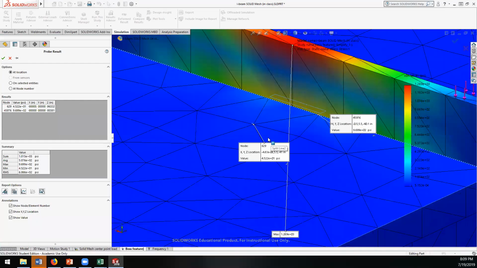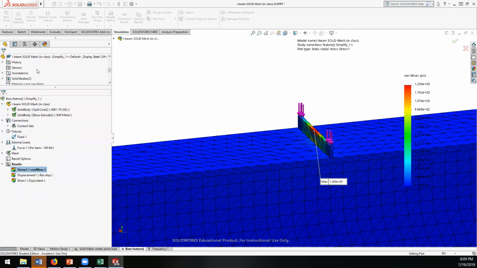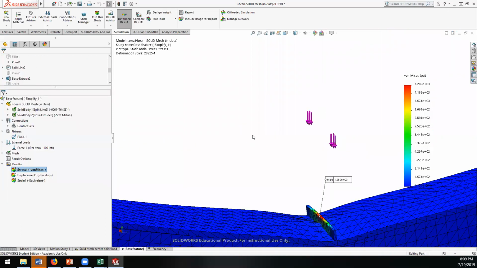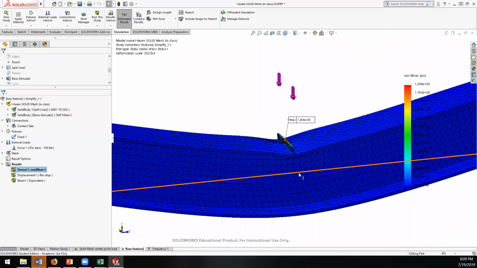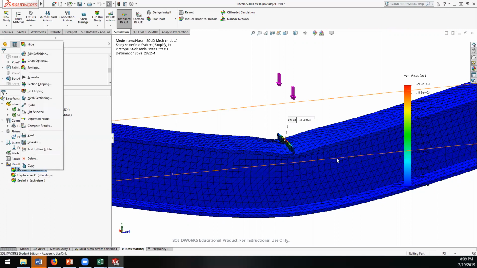What else I want to show you here? I took some notes on things I can show you. Oh, we can check out the design inside here. So this might not be super useful because you have a super high stress here and everything else looks blue, right? And so you're like, well, I just care about the stress in the I-beam. There might actually be a way to ignore that body, but